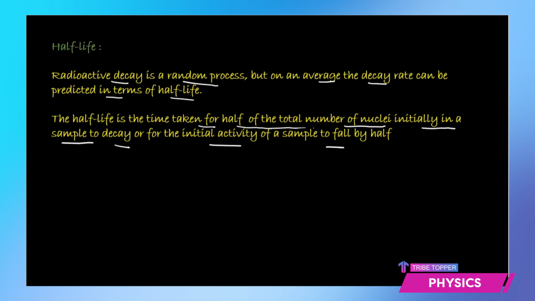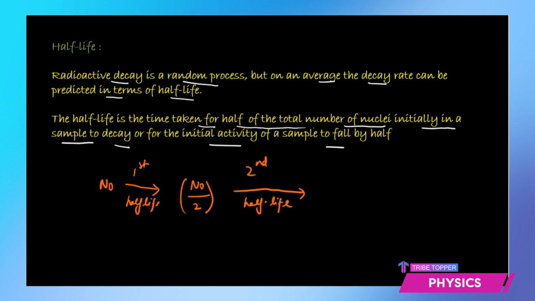So see how it goes. In the first case, you have N naught as the initial activity. After the first half-life, your sample would reduce to N naught by 2. Then after the second half-life, your sample is not going to go to 0, it's going to go to half of what we have now. So that will be N naught by 4. After the third half-life, it will become half of this, N naught by 4, so that's N